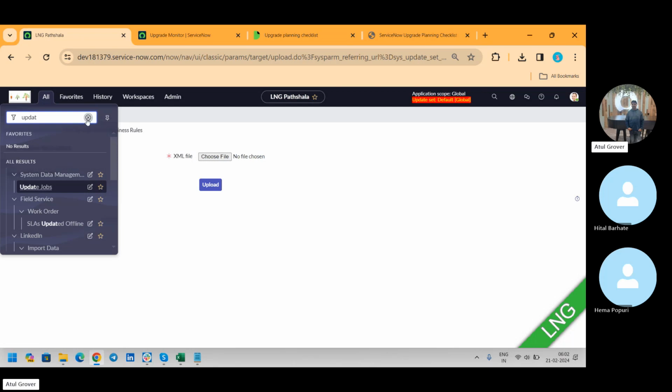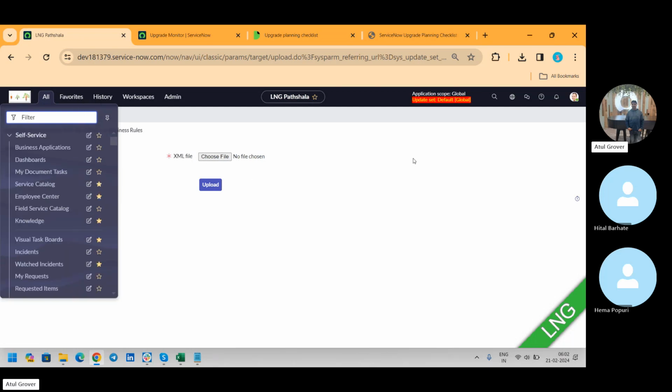Now the thing is that for the last 34, 35 days, we've been doing a lot of development in my instance. Now I want to move that to the Heathel instance. Okay. This is called the migration. Instance to instance migration. Or you can say the update set movement. So we know that in my system,